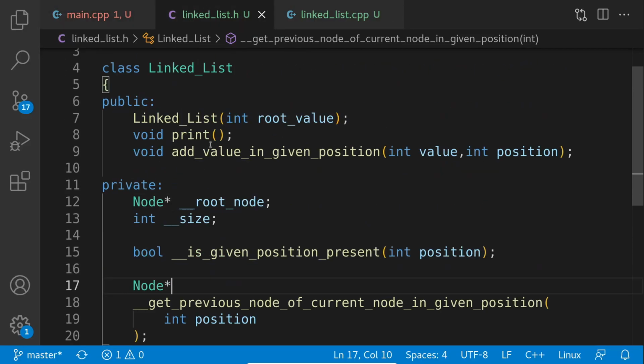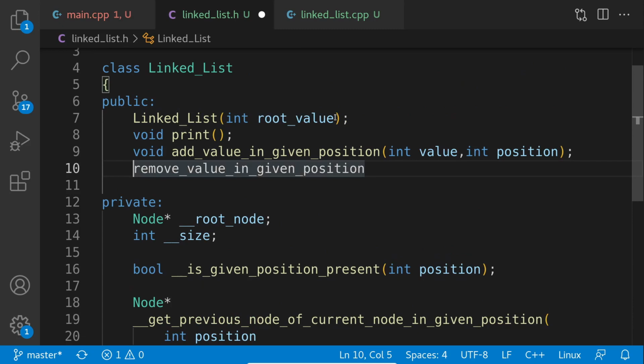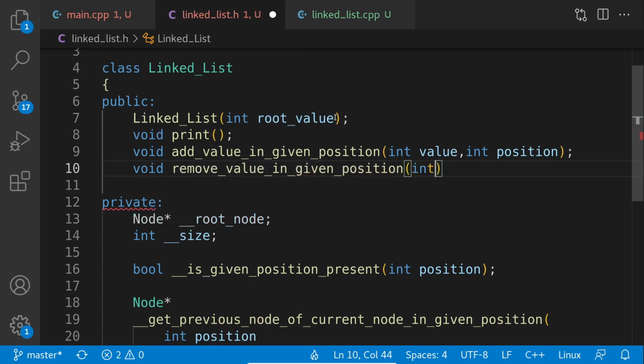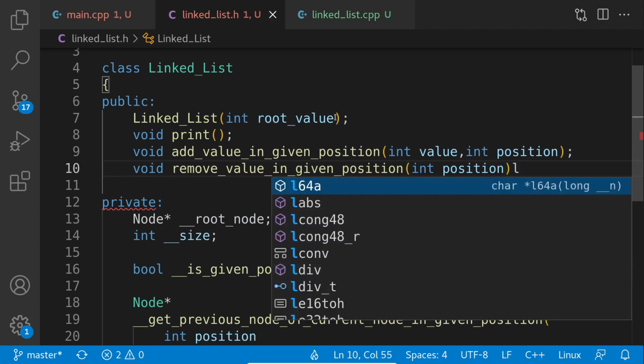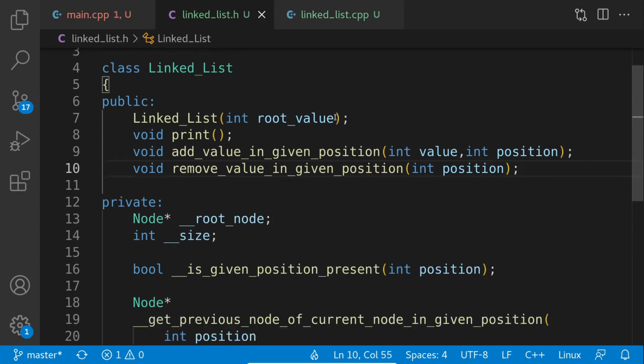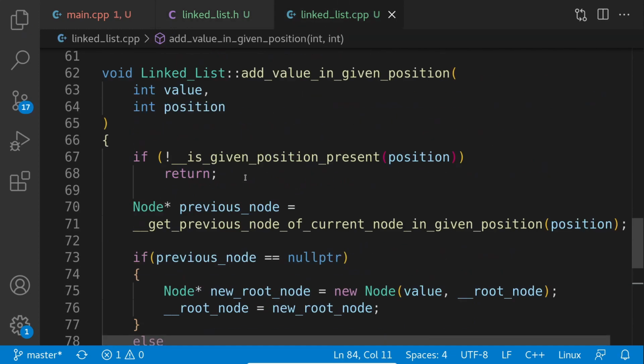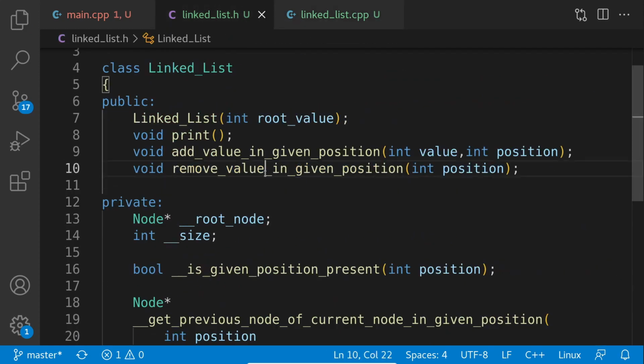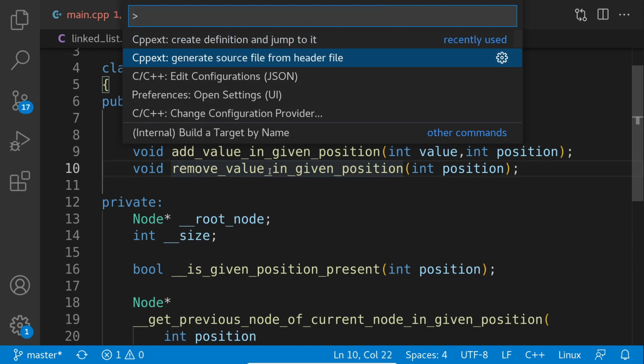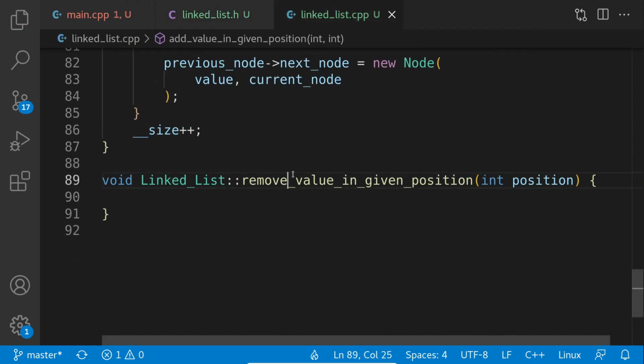So here let's add this, which is also going to be a void function, and you have the position, right? And cool. And let's go here. Yeah, let's just use the tool, right? So just use create definition and jump into it. And so yeah, like here again,